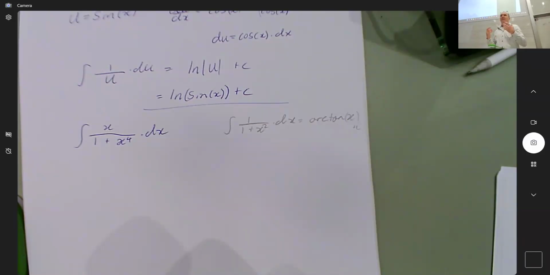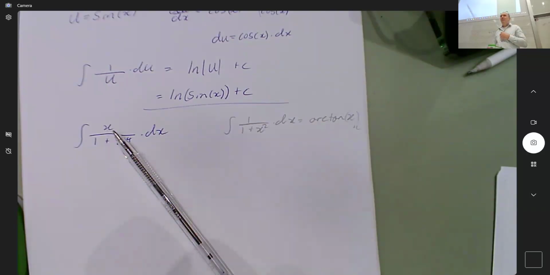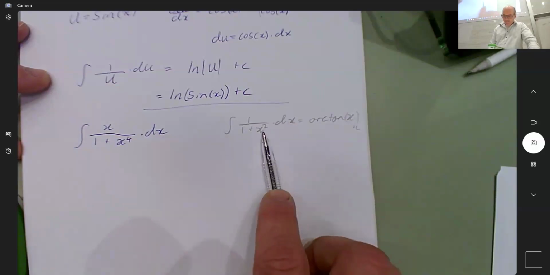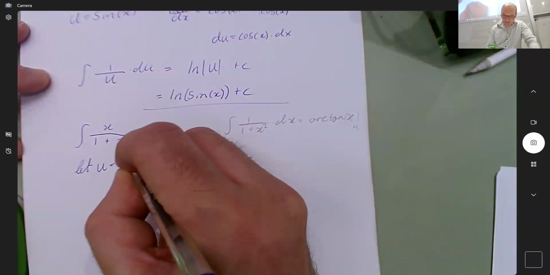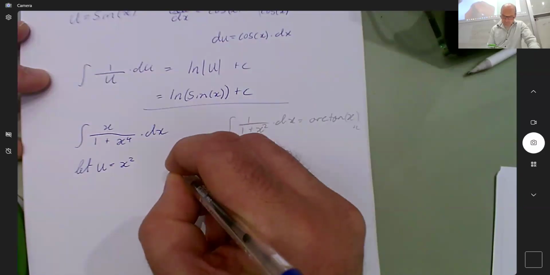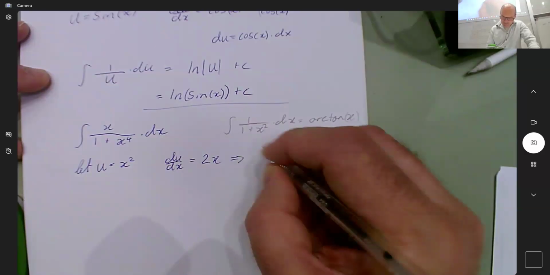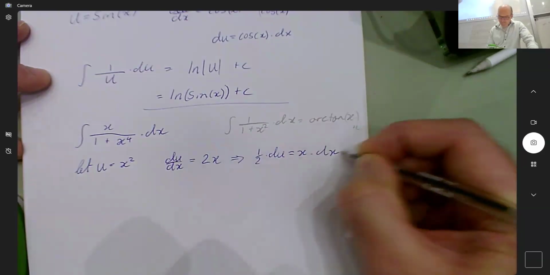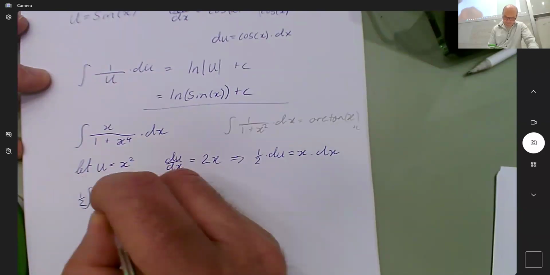This is where I go, actually, the soft signal on the top is that the u I want is x squared. Because this is something squared, if I let u equal x squared, my du on dx is equal to 2x. And so I can say a half du is equal to x dx. And so my integral becomes, with my half out the front,